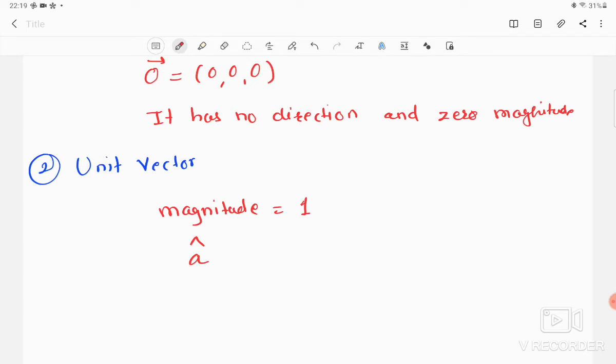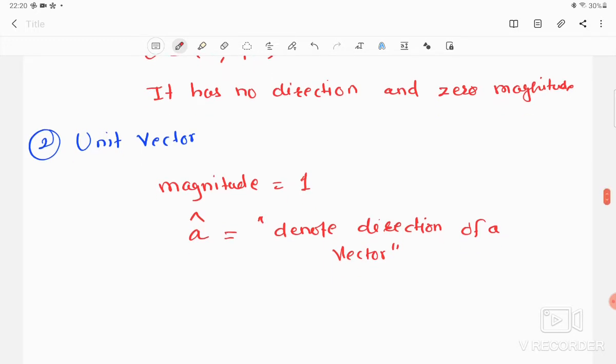Generally, the unit vector is used to denote the direction of a vector. What is its use? To denote the direction of a vector. Keep in mind this is really important, because so many times in examples this word, unit vector, comes up, but it always has a magnitude equal to 1, and it is always used to denote the direction of a vector.